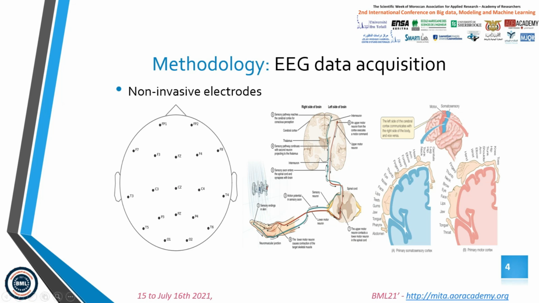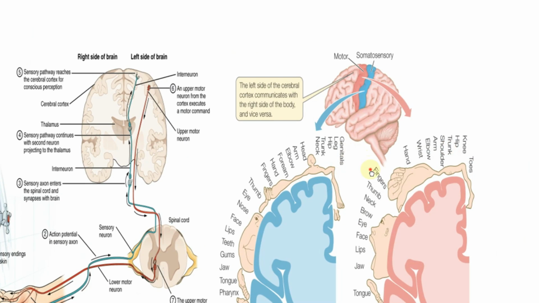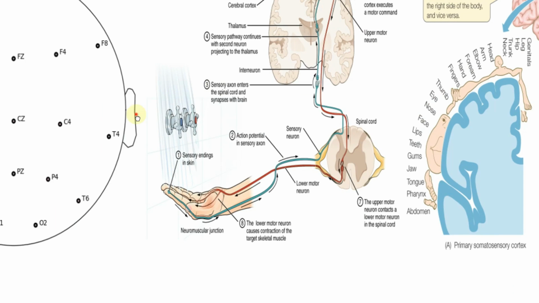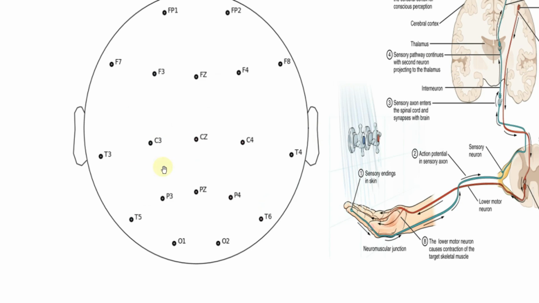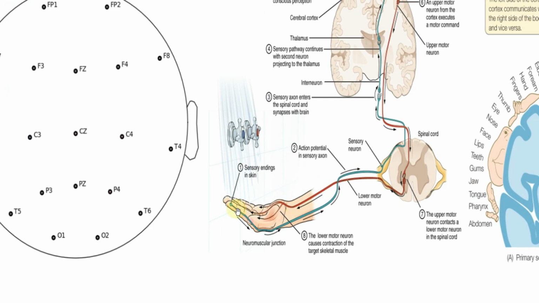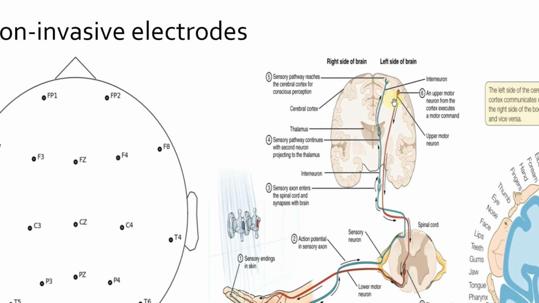For the motor cortex, the localization of the motor cortex for the different organs is positioned in the center of the brain. The left side of the cerebral cortex communicates with the right side of the body, such that the movement of the right hand focuses on the left side of the brain, therefore in the area of the electrodes C3 and C5. So for the other organs we can see the sensory motor and the cortex motor. It's the same in this figure. We can see when moving the left hand we can acquire this movement on C4 on the right side of the brain.